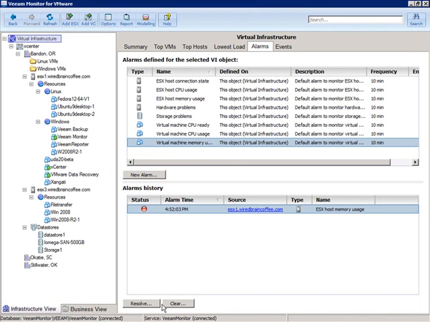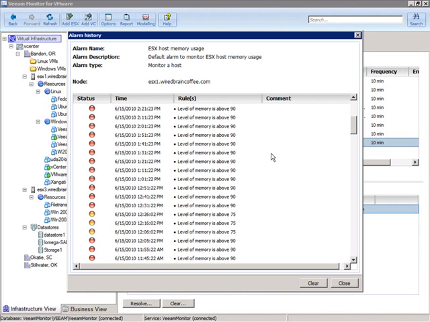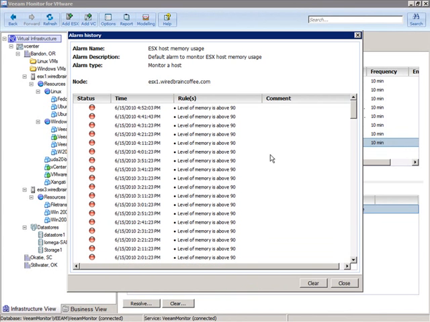Here we can click to either resolve or clear this list, or you can right click on it and go into the history and see the history for this particular type of alarm. This way you know how many alarms have gone off related to host memory usage, and perhaps this is something that's just occurring all the time and the thresholds need to be set differently, or perhaps this is something you need to be interested in and do something about. So if we close that out,